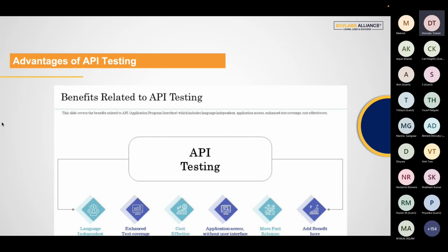So if you have web services, that can be very fast. If you have to do the login from the GUI, it's going to take, for example, 1 minute. If you are hitting a simple web service and doing the post operation, it's going to take only 30 seconds or 1 minute. So you're going to save a lot of time doing API testing as compared to GUI. So these are some benefits over the GUI,